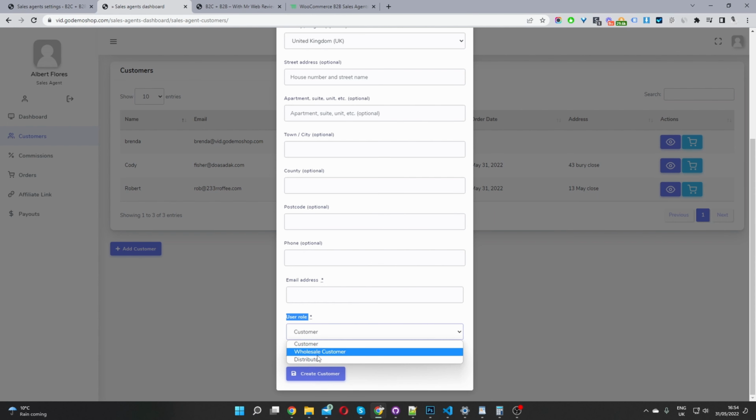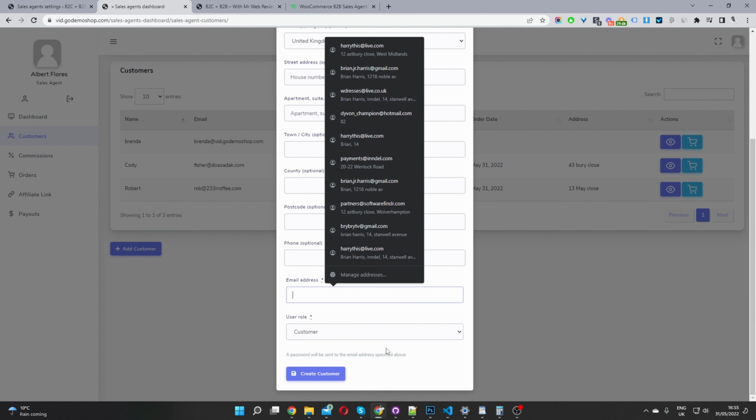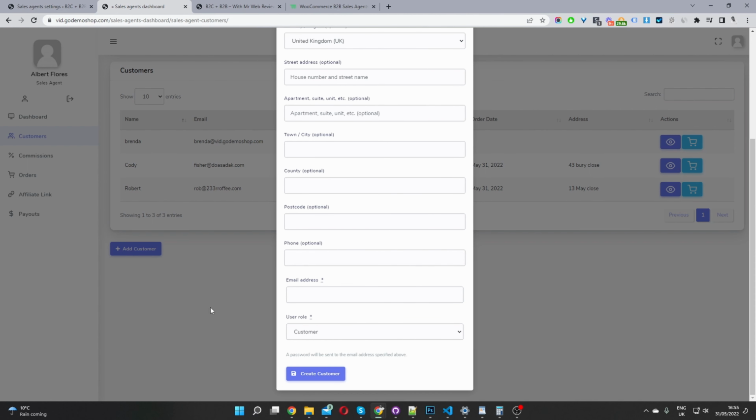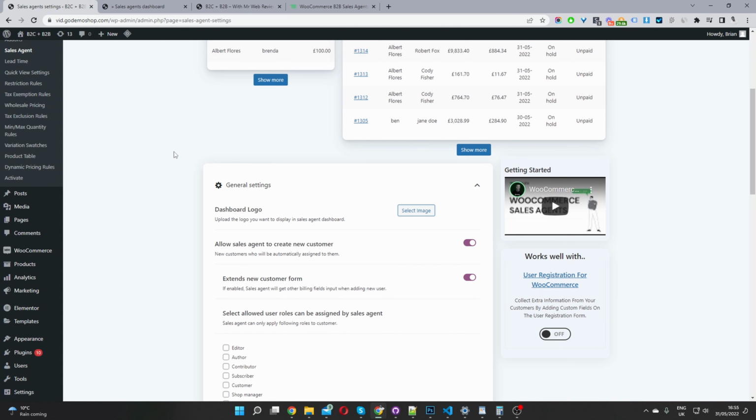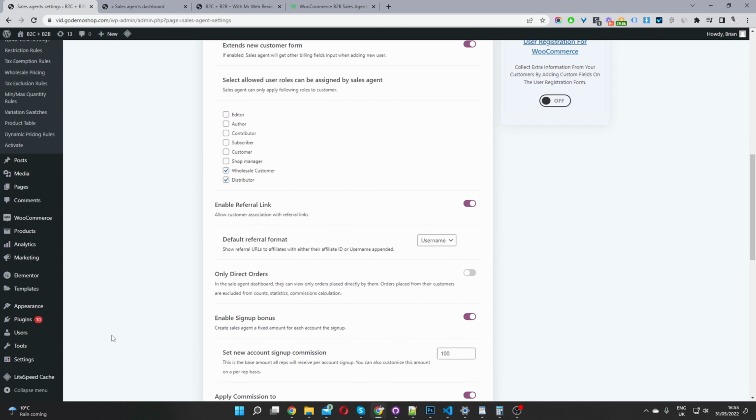So this is why this feature is so powerful, because it will save your sales agent a lot of time instead of manually trying to calculate what discount they should give to this particular customer. Once they select the appropriate user role, then we can automatically apply any discounts or promotion to that particular user role. So they'll just go ahead and fill in the information and then just click create customer. So I'm going to log back out of our sales agent dashboard and head back over to the admin. Okay, so now switch back to admin and let's